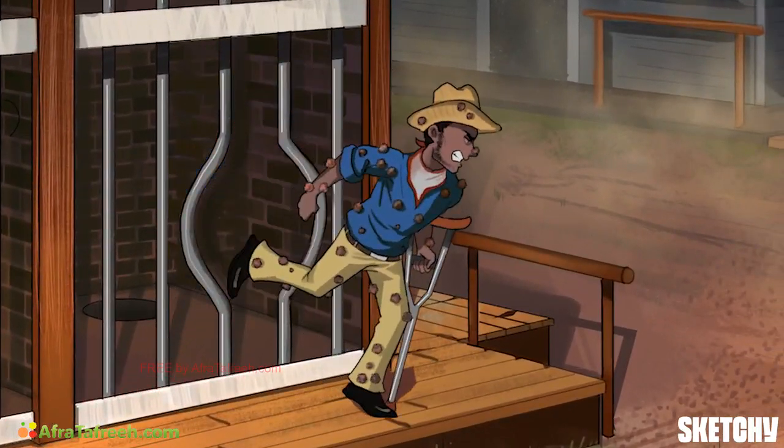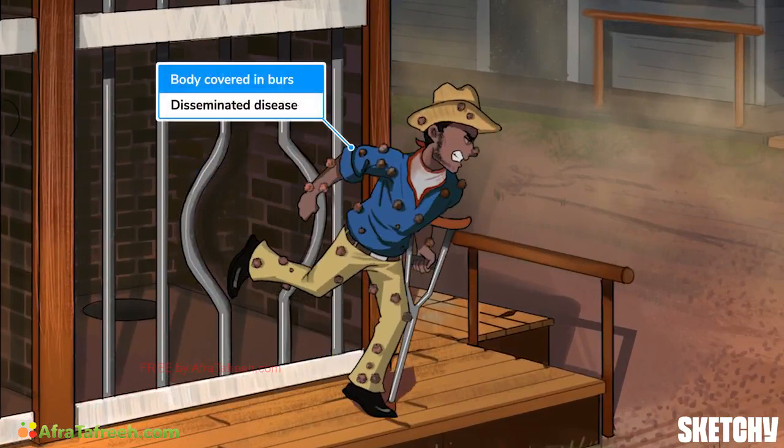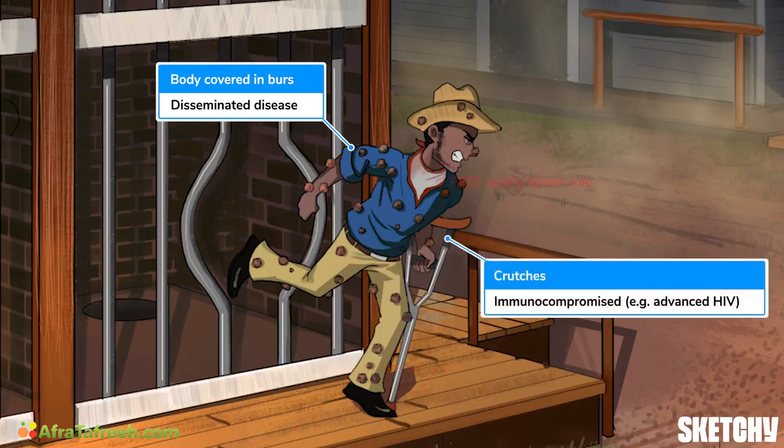Get after him before he disseminates! This escapee is a reminder that MAC doesn't always stay confined to the lungs and can cause disseminated disease. Localized infections spread from the respiratory and GI tracts to other organ systems via the lymphatics and blood. Our escapee is on crutches to remind us that disseminated disease typically occurs in immunocompromised patients, such as those with